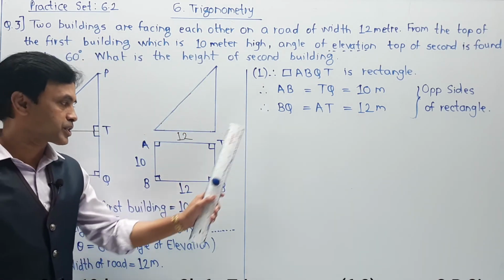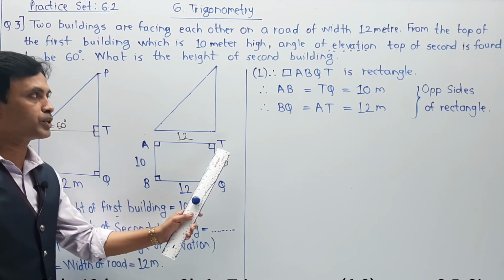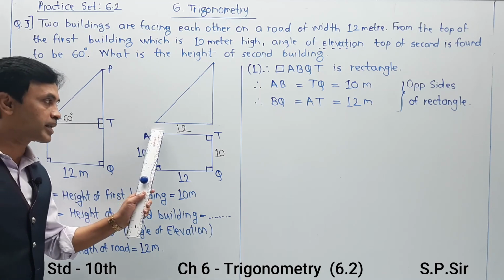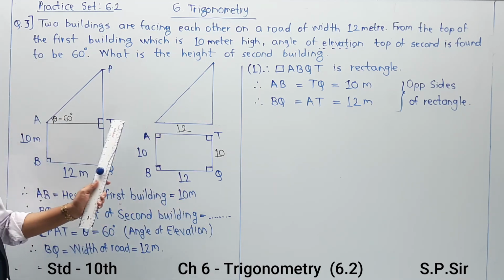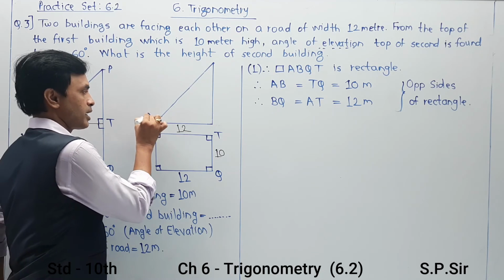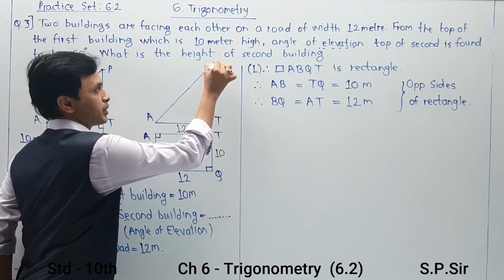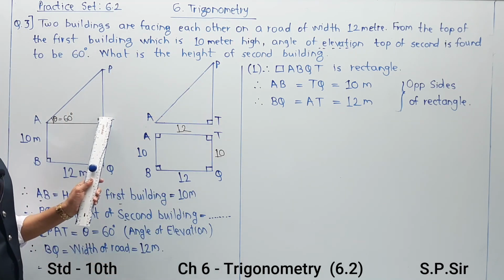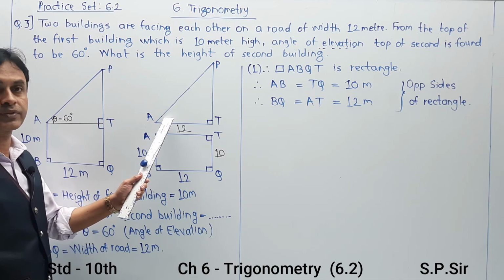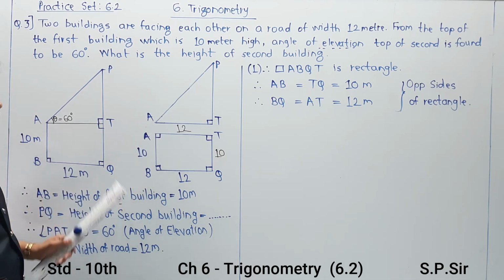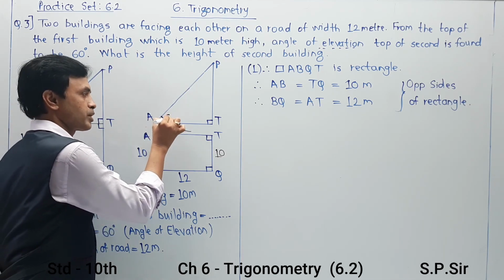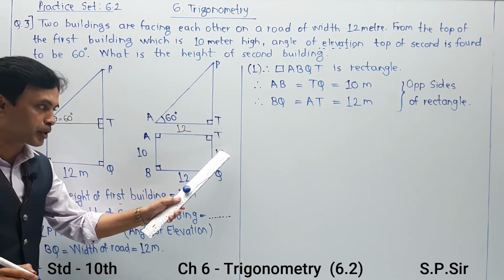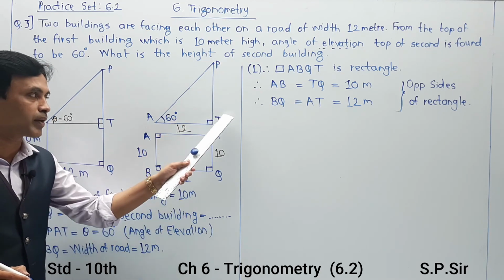Now from the first diagram, which is the rectangle ABQT, we are moving into the second diagram. The second diagram contains the additional part where AT is the same. So in triangle ATP, this angle T is already 90 because we have already indicated it in the diagram. And next, the respective value of theta from this condition is 60 degree. Remember, you are able to get this value as 10. Now your target is to get the value of PT.